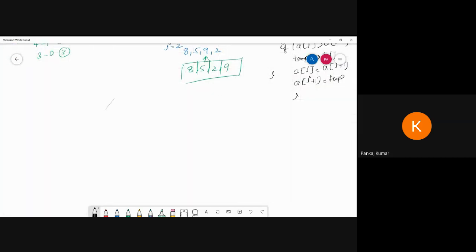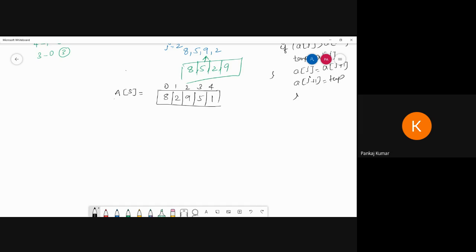Suppose we have an array, sorry, an array. So we have taken one array of size 5. So I can write this one. So 0, 1, 2, 3, and 4.